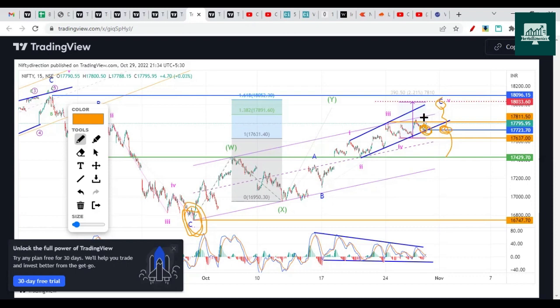As of now, we can also get multiple swings on the upside. Let's say it goes like this and creates one more swing, then another swing down, another swing up. So this can happen 1, 2, 3, 4, 5; these 5 swings can come. It can go towards 18,000, and from this point onward it can start the dip. So we can use these 2 swings to consider that the downside has started. This is how we can look at the markets for next week.